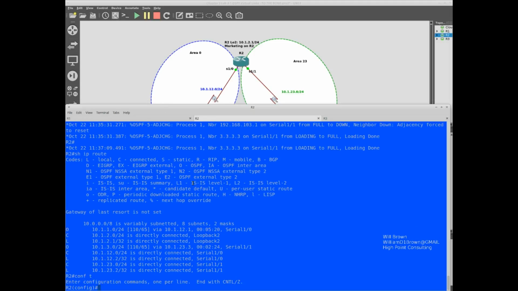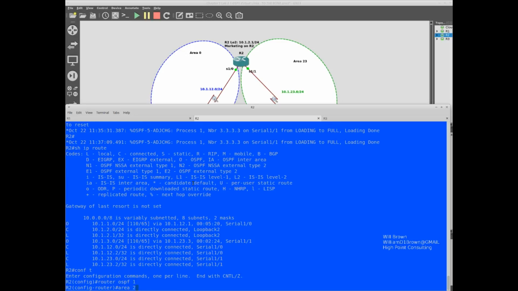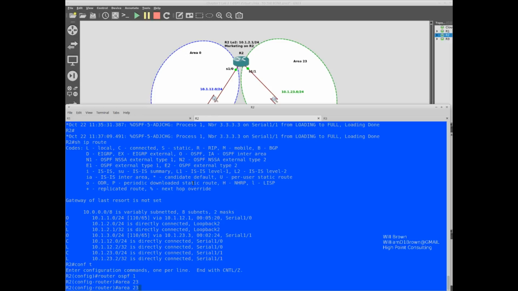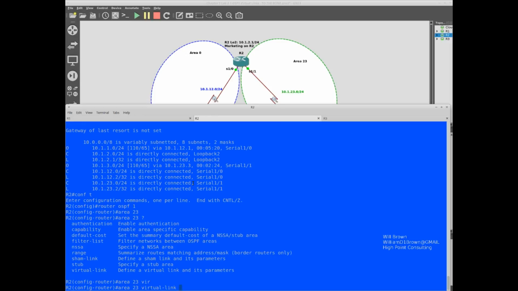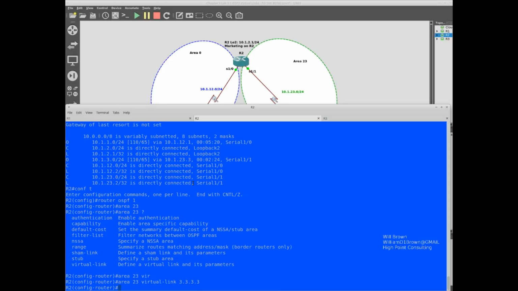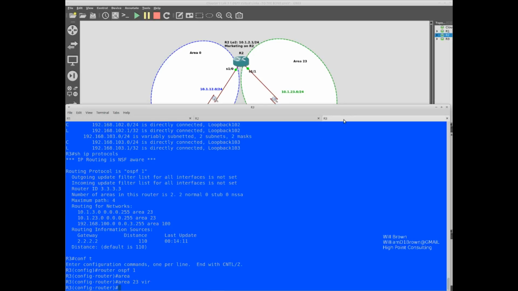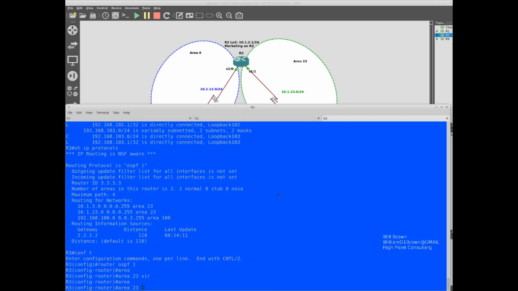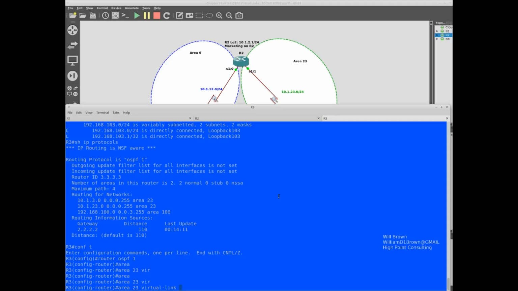Global config, router OSPF 1, area 23, virtual link, and we're doing the virtual link to the router ID, which is 3.3.3.3. Then we're going to do the same thing on router 3. We're already there, so we say area 23, virtual link, and it's to router 2's router ID, 2.2.2.2.